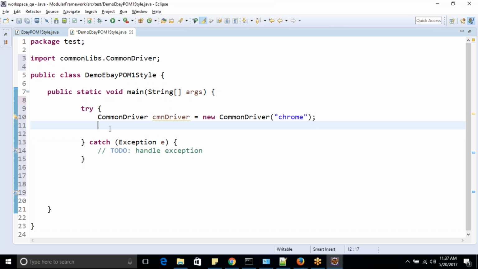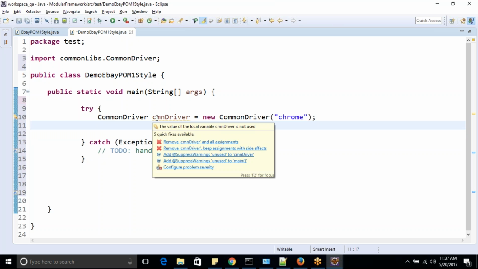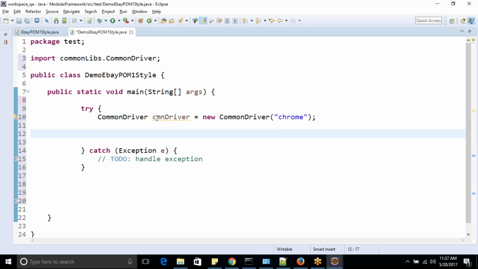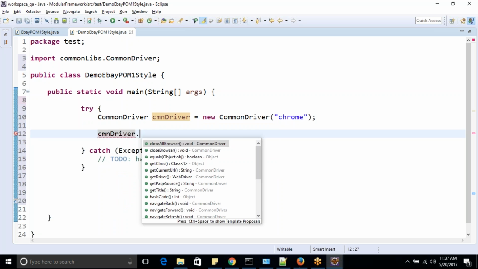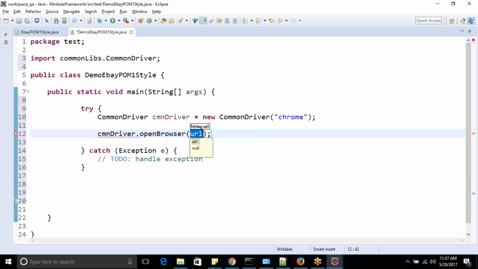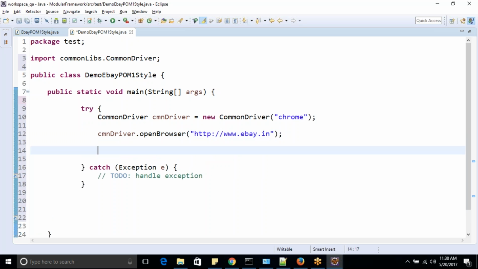Fine. So I created an instance of the common driver class. Now the first thing will be to invoke the browser, so it will be commonDriver.openBrowser. Which URL do you need to open? http:// I'll go to ebay.in. Okay, then I have to invoke